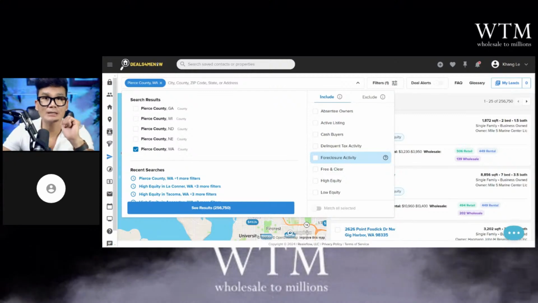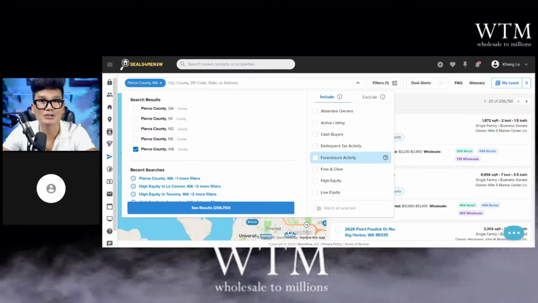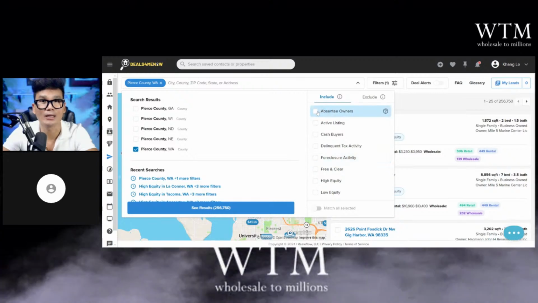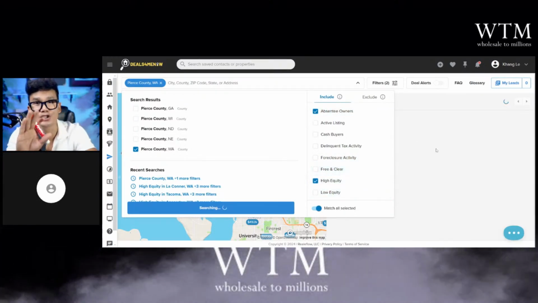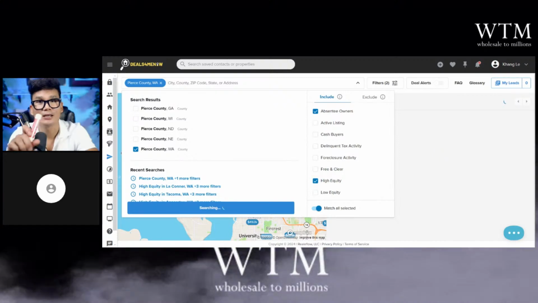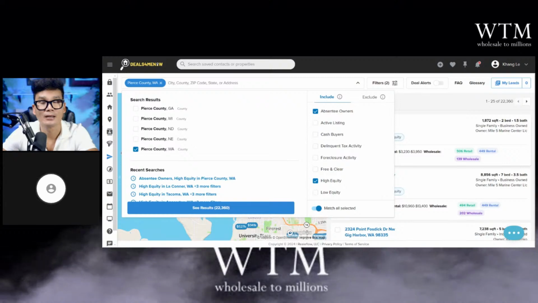So with the basic plan, for those of you who have the basic plan, Angeline, let's go ahead and target absentee owner with high equity. Okay, got you. That's all you need to do, you just need to check those two things. Okay. Let's go ahead and see how big of a list we got. Okay, we have here